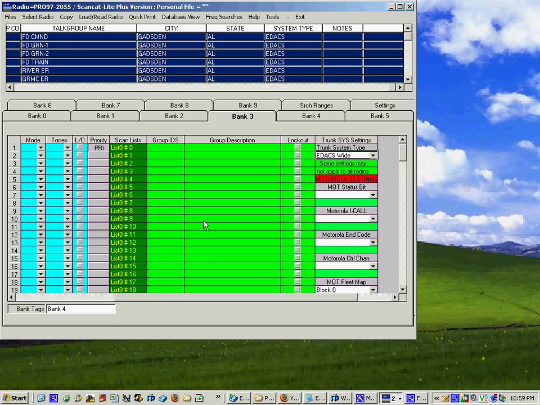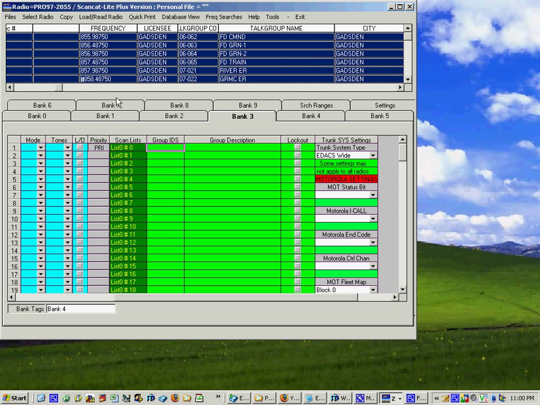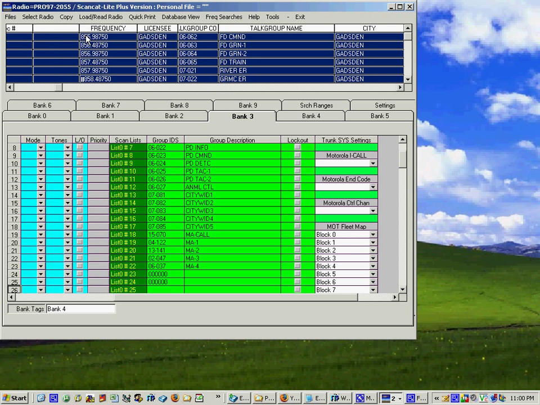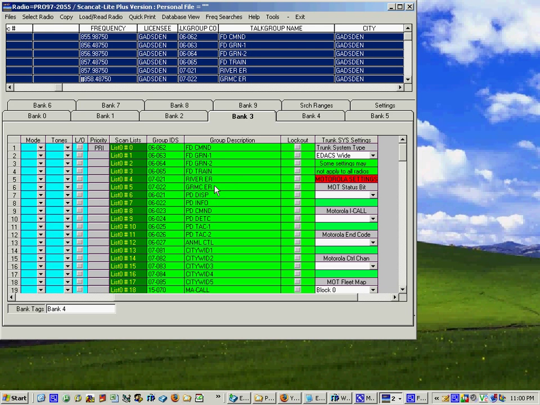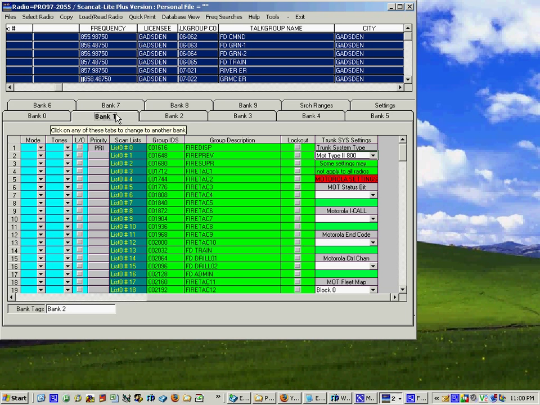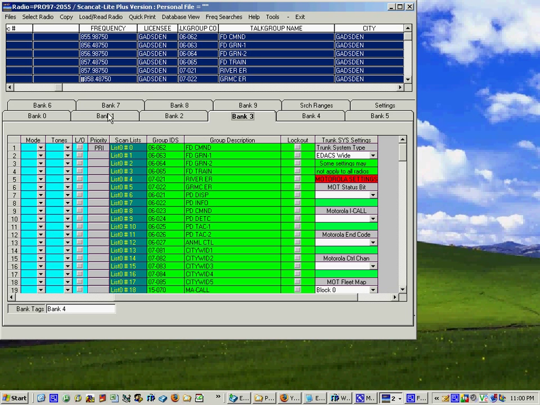So we forgot to copy the talk groups over. Let's see if we had any. Okay, here we go. There you go. Now the whole system is set up. Now we've got 1, 2, 3, 4 systems in the radio. At this time you could just go right up and program the radio with the first 4 systems, or